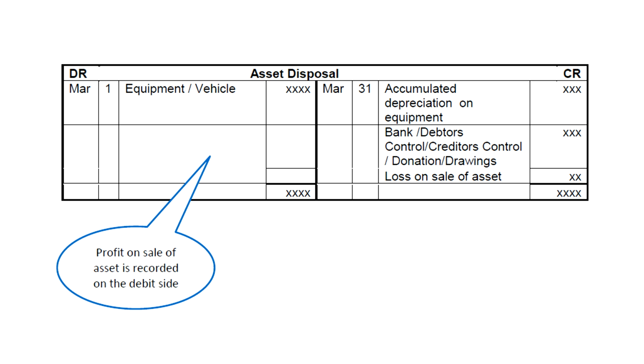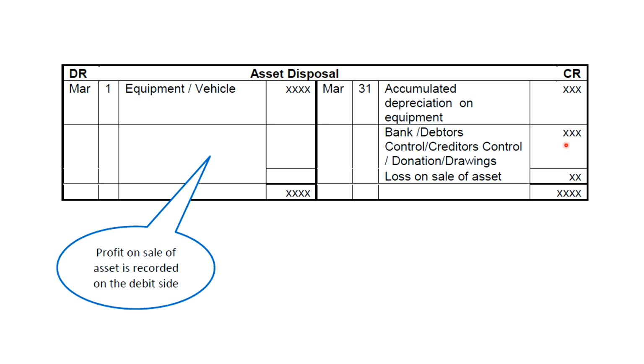The details for the selling price are usually different depending on what they tell you. If our vehicle was sold for cash, it will be bank. If our vehicle was sold on credit, it's going to be debtors control. If it was traded in, creditors control. Donated, donations. And if the owner takes it for personal use, it's going to be drawing. You record your selling price here, and they will tell you that the vehicle was traded for this amount. That's when you record your selling price here.